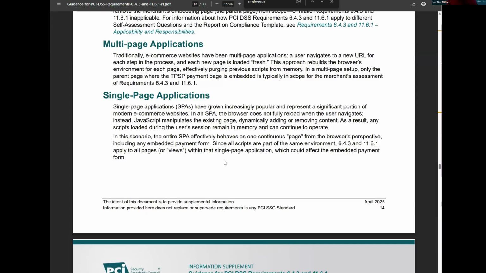If we're using a single page application like React, my understanding is that the entire React application is in scope, right? Yeah, good question. So single page application architecture is essentially one page that loads content dynamically in and out. So yes, for a React-based environment, that's the case. Single page applications don't reload the entire page, and so your entire website essentially would be in scope in that case. Good question on the single page app.